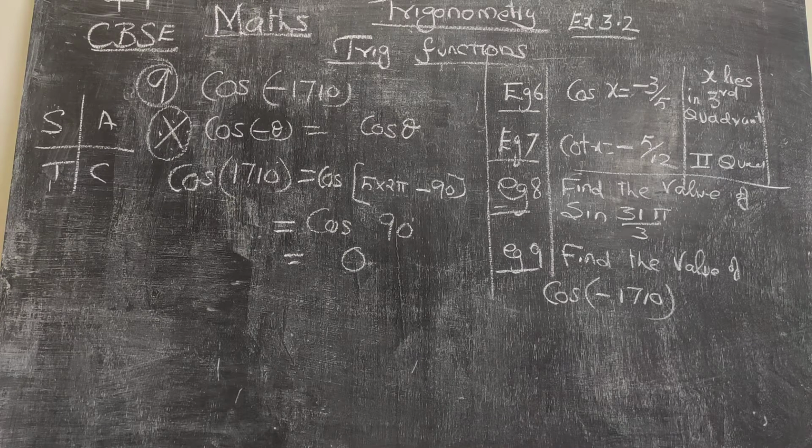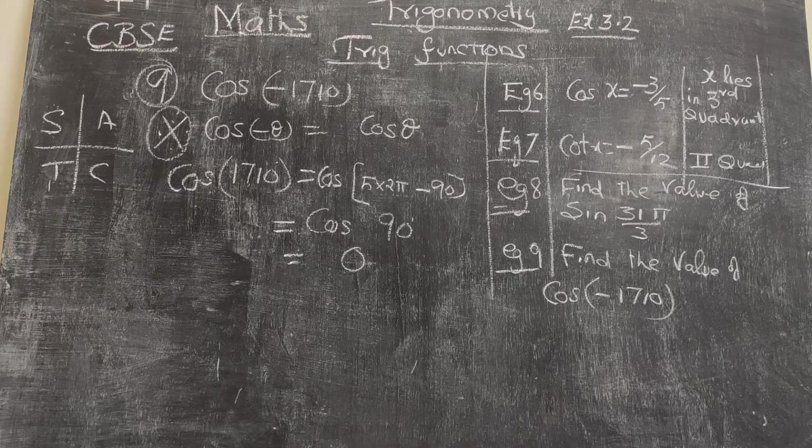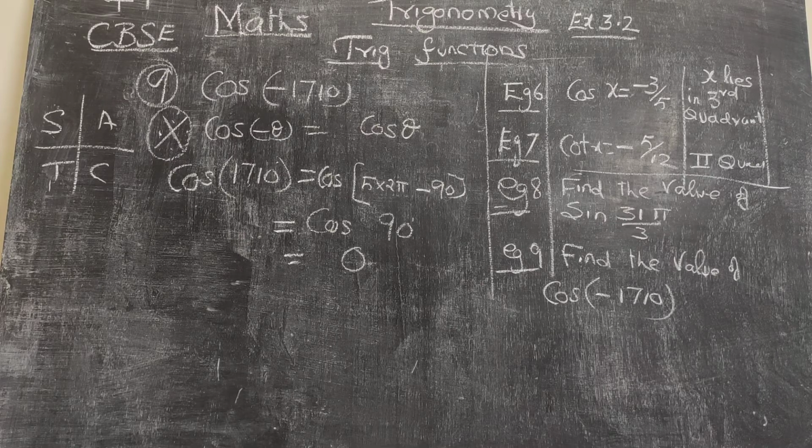Is it clear? So in this video we have learned in which quadrant sine, cos, tan will be positive or negative, and how to find the other trigonometric ratios. If any one ratio is given, say sin x is given, find the other ratio; cos x is given, find the other ratio. Only thing, they will be giving you where x lies, where theta lies. I hope I have made it very clear and you are also finding it interesting.